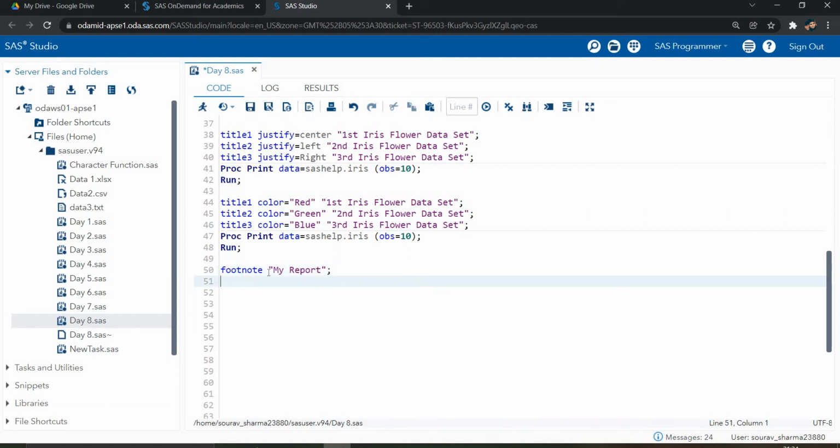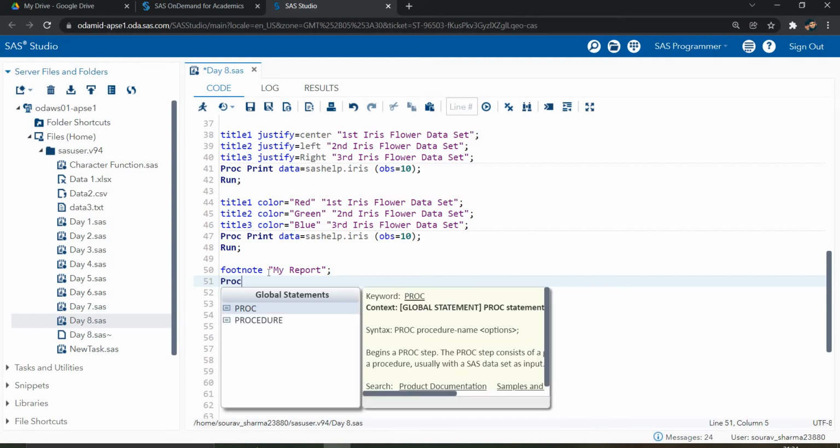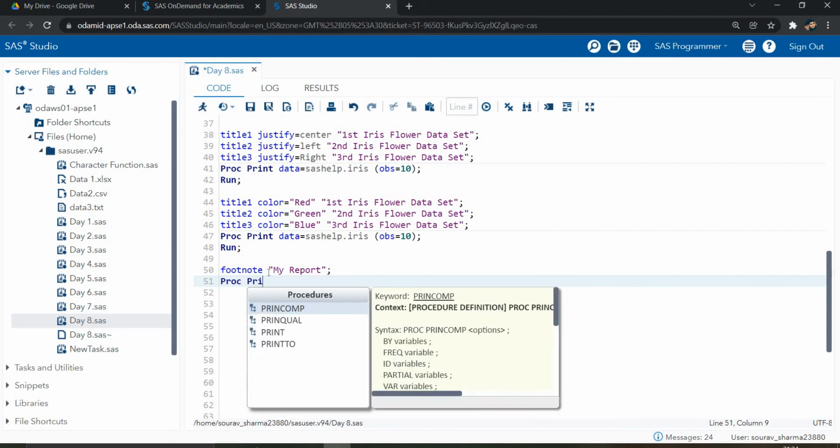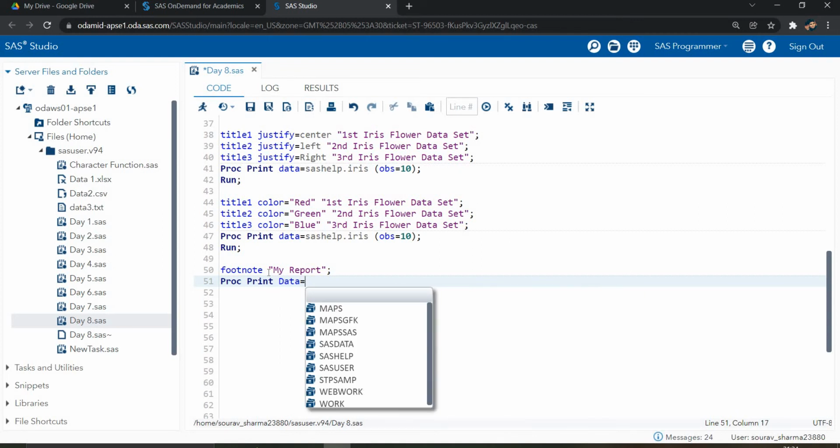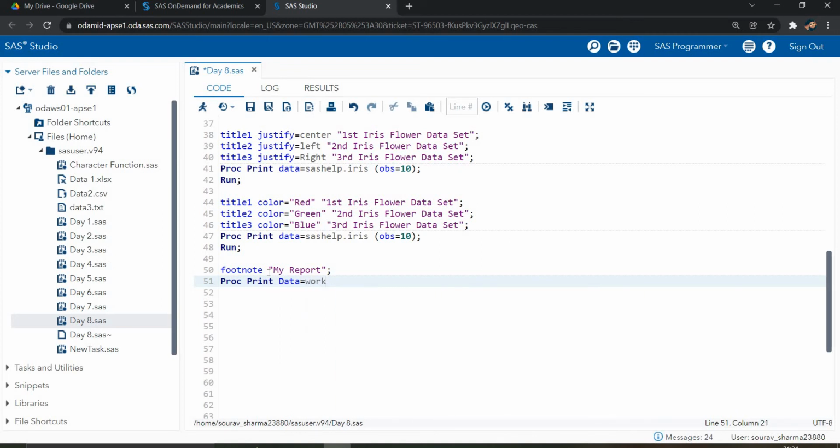Because the footnote is shown at the end, I write it like this: proc print data=work.ssl.class; run statement.